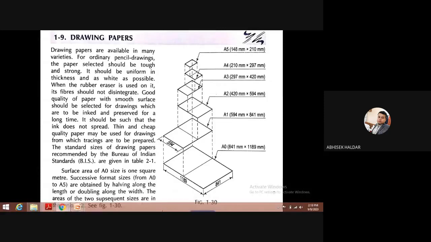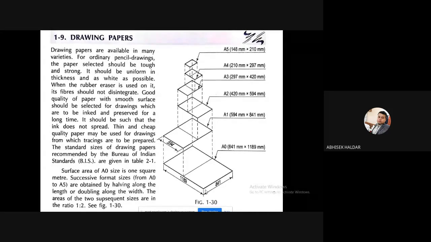Whatever you can see right now on your screen, you can see some paper sizes, right? In the last class I told you regarding some instruments and all. Those will be required obviously, but we have also discussed this. If you recapitulate about this paper, A1 size drawing sheet, you can see different types of paper sizes are given. We often use A4. If you write any assignments or letters, you use A4 size paper, right?